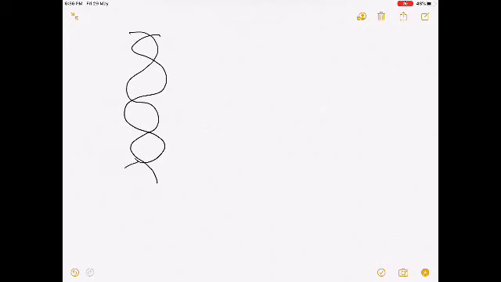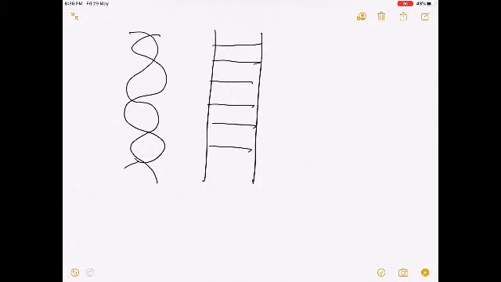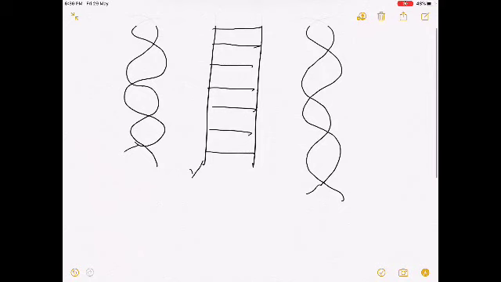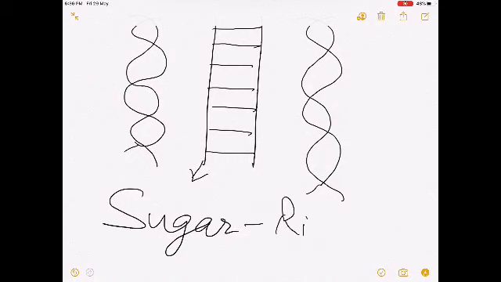As I told you, DNA is a macromolecule with a double helical structure. Two strands are just coiled together. So students, you can see that the two strands are like a ladder, and this ladder is coiled around itself, and the double helical structure is formed. So this one strand is made up of three substances. Number one is sugar. Sugar is ribose type. The sugar's name is ribose.